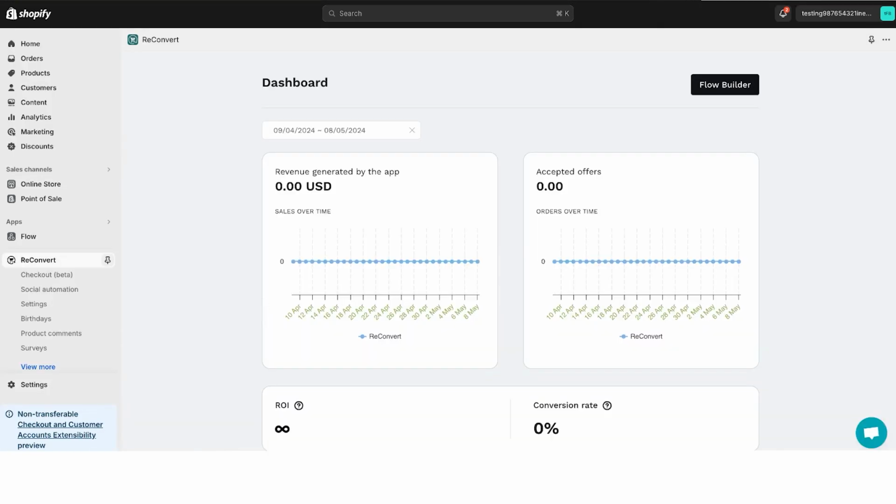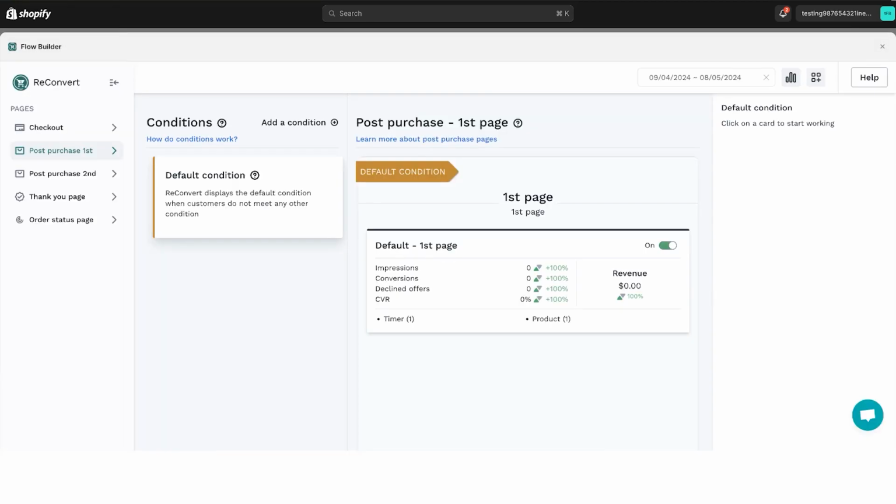Now you can see that I no longer have this banner in my ReConvert dashboard because ReConvert is set up as my post-purchase pages. If I go back to the flow builder, nothing changed here, but from now on, when people finish their order and finish their checkout, they will see my post-purchase upsell pages before moving on to the thank you page. I hope this was clear, but if you have any questions, feel free to reach out to